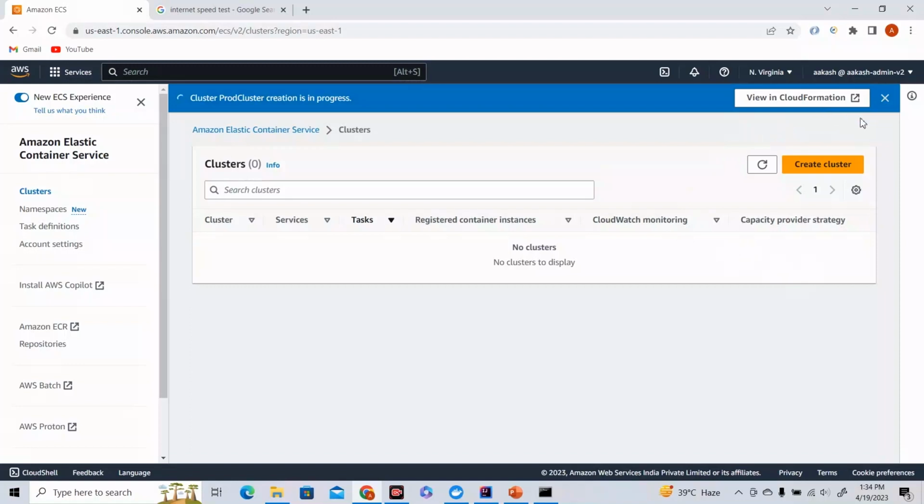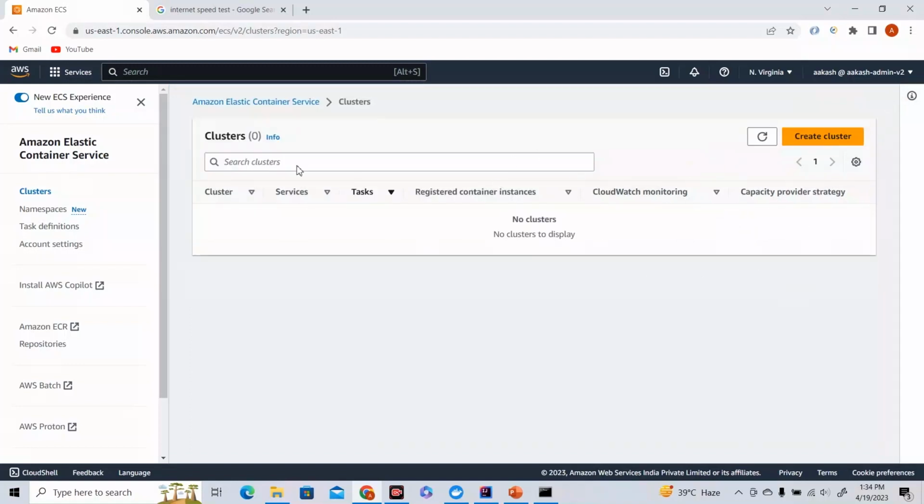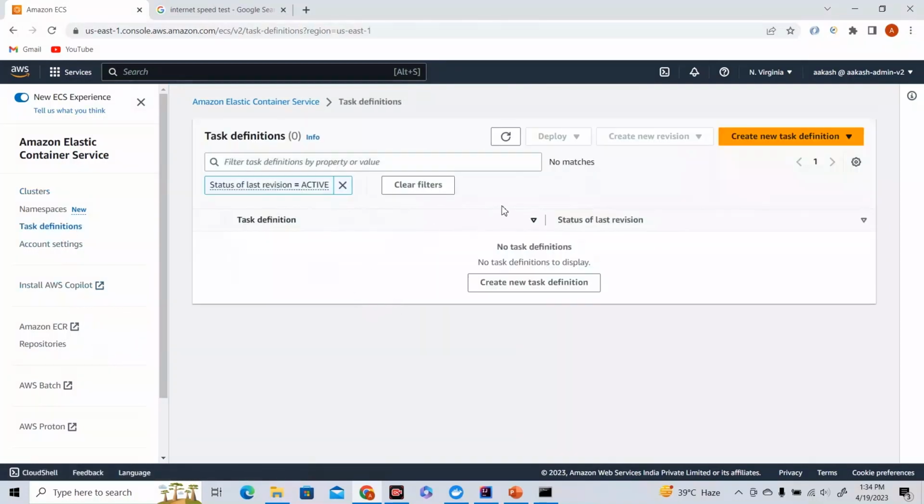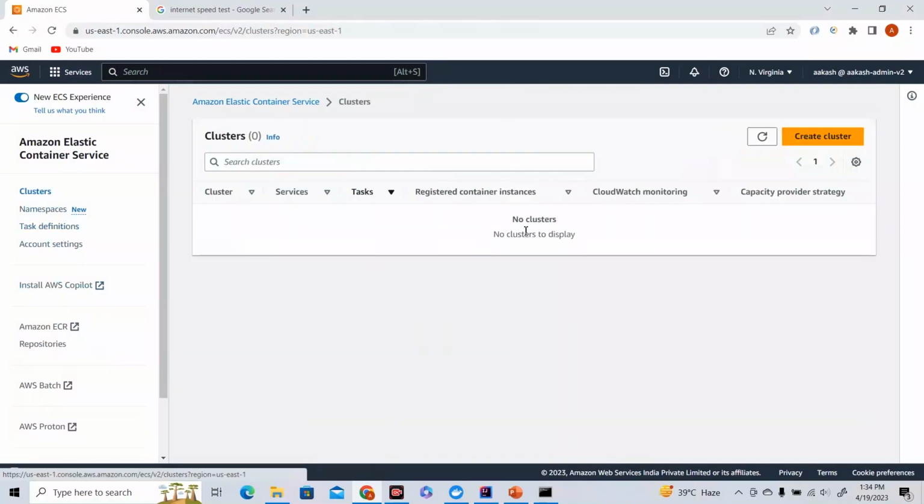So it will take some time to create the cluster, and in the meanwhile let us go to our task definitions and create a new task definition, because it is independent of the clusters. So I had already created the cluster, so it should take some time to create it. Let us create the task definition in the meanwhile,